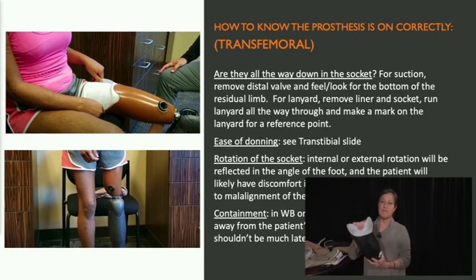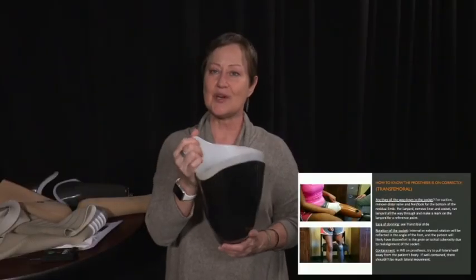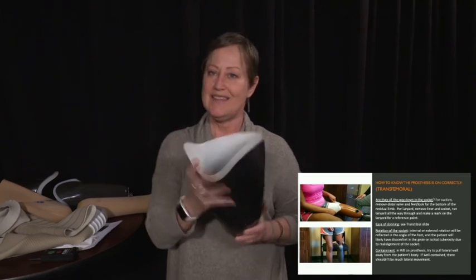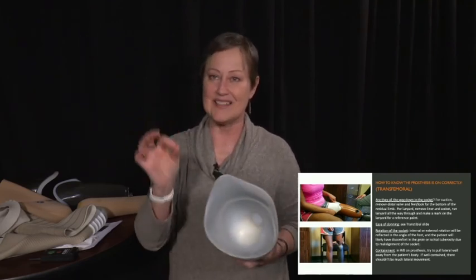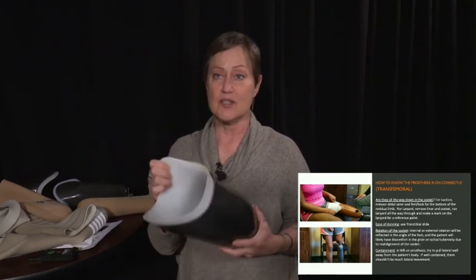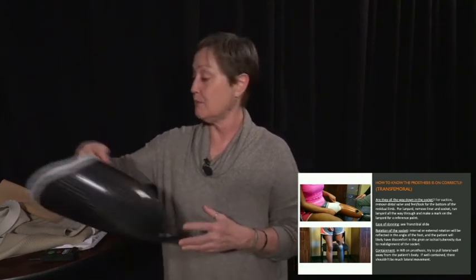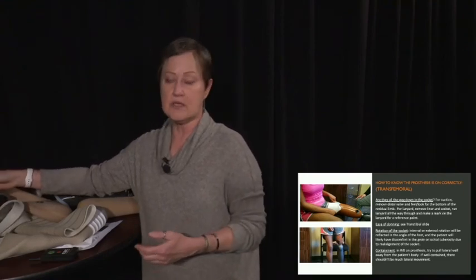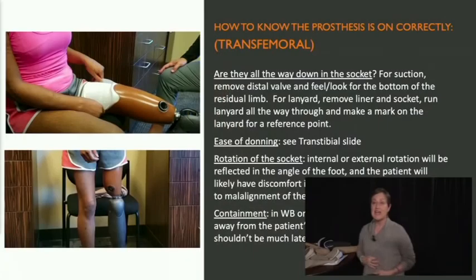For the transfem patient also, the sockets are made so intimately that if it's rotated the tiniest little bit, if it's an ischial containment socket, the patient will know. It's going to poke them in a place they don't want to be poked, and that's typically rotation. Now, if they don't have enough socks on, they're walking, could the socket rotate a little bit in the course of walking, and then they say it's poking them, and that kind of gives you a clue that they need to snug up that fit a little bit to maintain the right placement of the socket on their leg.